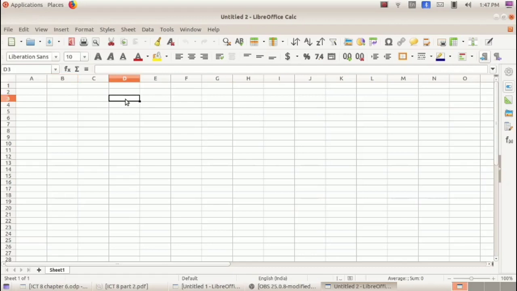Now consider this cell. It comes under the column D and row 3. So its address will be D3 and that address is given here in this box. Now consider another cell. Okay, this cell comes under the column B and the row 8. So its cell address will be B8 and that is given here in this box. This is how we can identify the cell address. So that was our first activity, that is to identify the cell address.